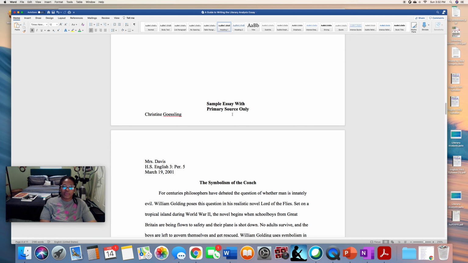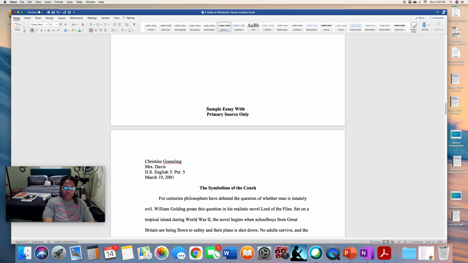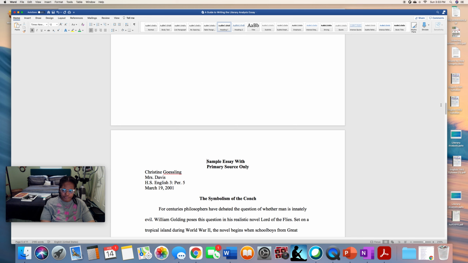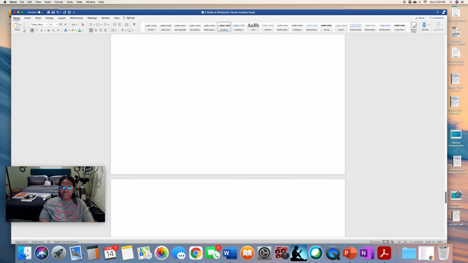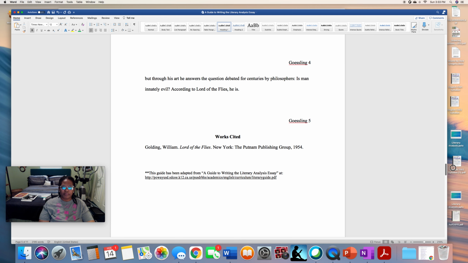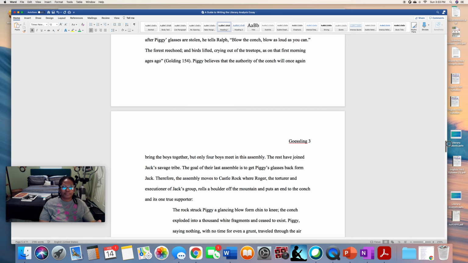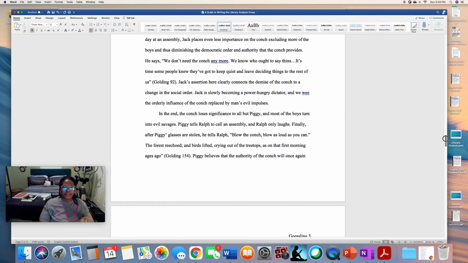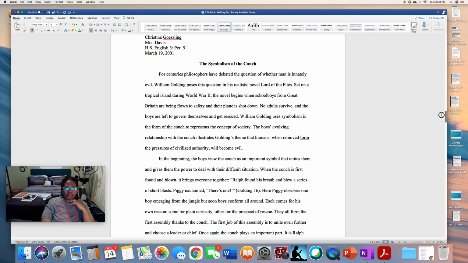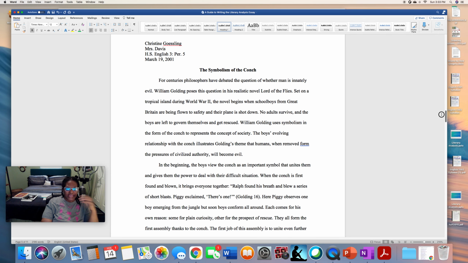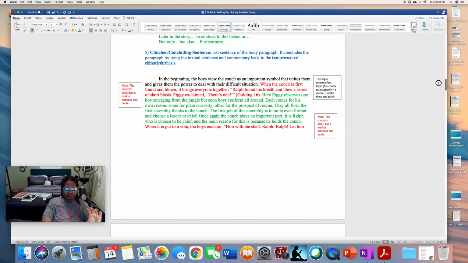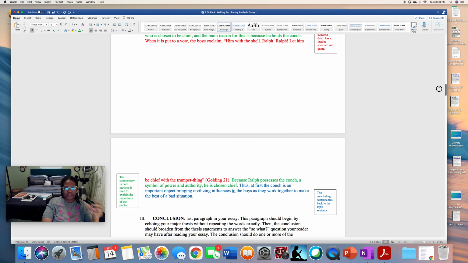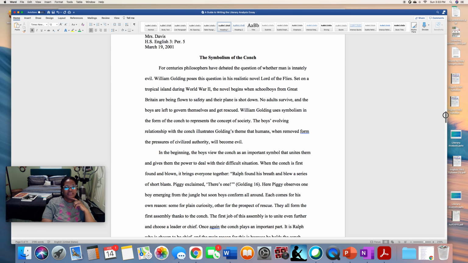In the following papers, then, what I have here is a sample that was provided from a seminar that I attended, a guide to writing literary analysis. And so I've credited the author down here. But this essay is from that literary guide. And it is the same paragraphs that I took out and explained to you. But this is the essay as a whole.